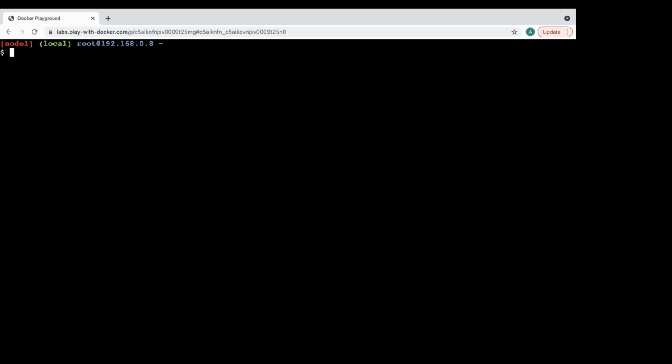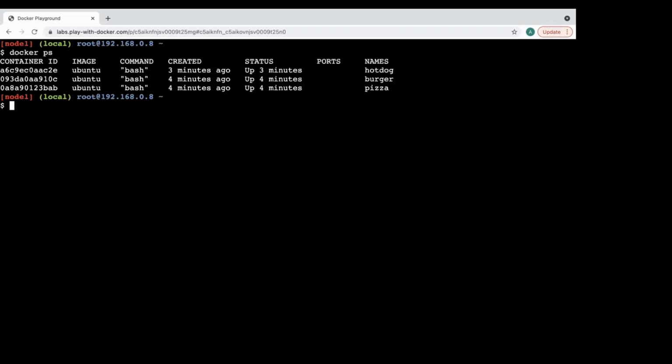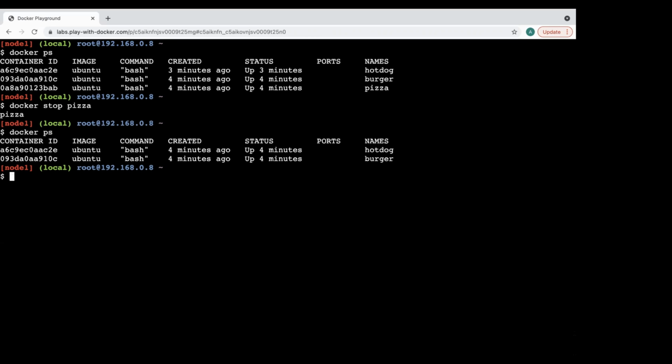Now next, can you go to docker ps again? For any reason, I want to shut down a container. So let's try, just say docker stop, and you have to type the container ID. Or let's type the name, let's see if it works. Maybe pizza. Hit enter. Now just say docker ps again. Yep, so one is gone, but it has stopped. It's not deleted, right? It is still there, but in a stopped state. So just check docker ps -a.